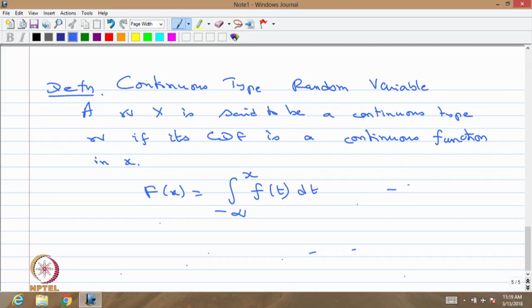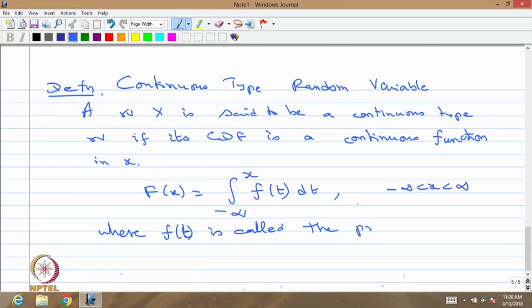Here x is from minus infinity to plus infinity, because the CDF is a continuous function, where the small f of t, okay, till now we were using capital F, now I start using small f, where small f of t is called